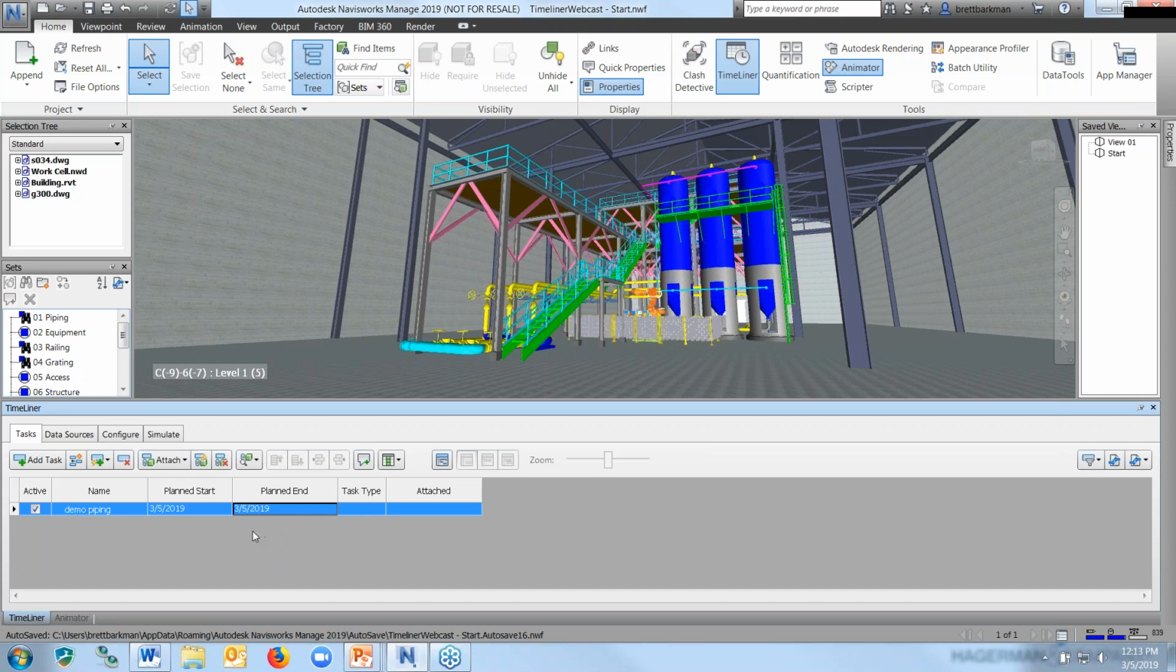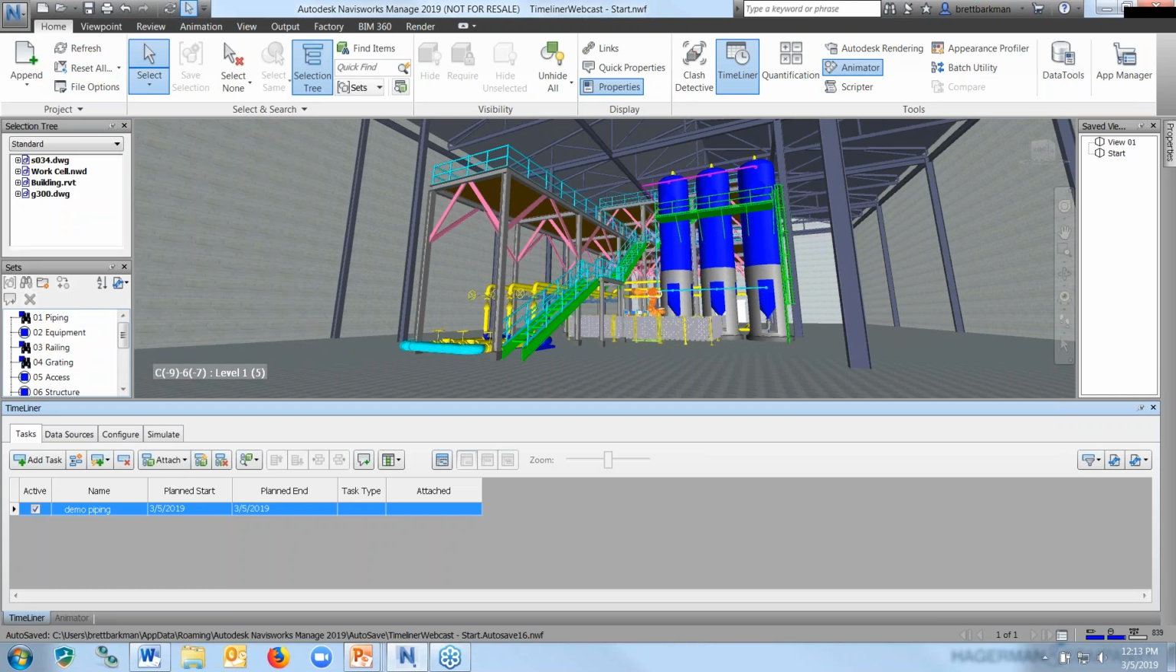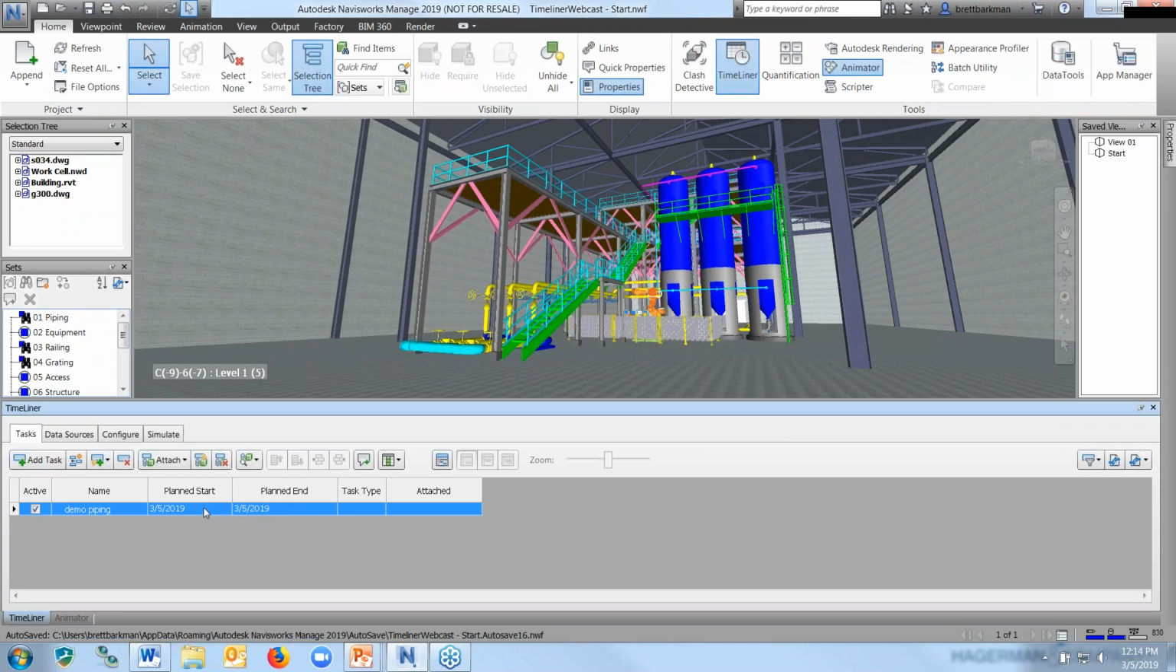If you want to control the hours, then here's how you do that. We'll go up to Navisworks, the Applications button, and go to Options, and then expand on the Tools branch, and then choose Timeliner, and then check the box to show time. Now, since I already have a task here, I have to clear that like this. And what I'm doing here is just picking inside the box to activate it and pressing the delete key before